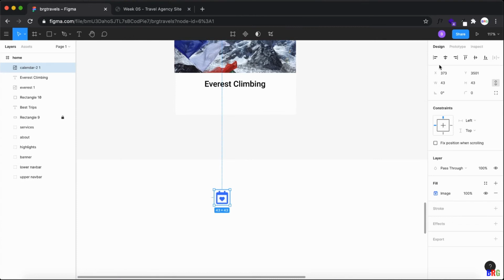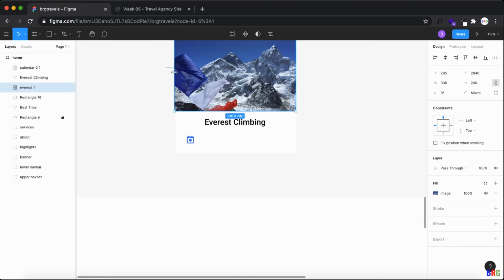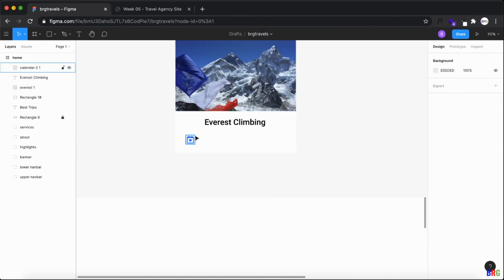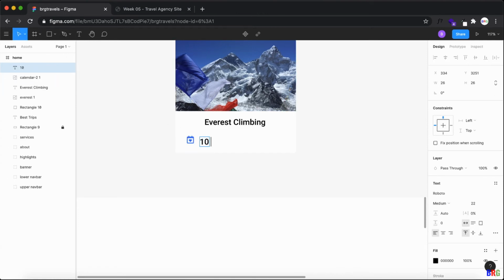Resize it to something like 25, and then I use it here. Yeah, here calendar, and then text as 10 days. Okay, let me resize it to 18.